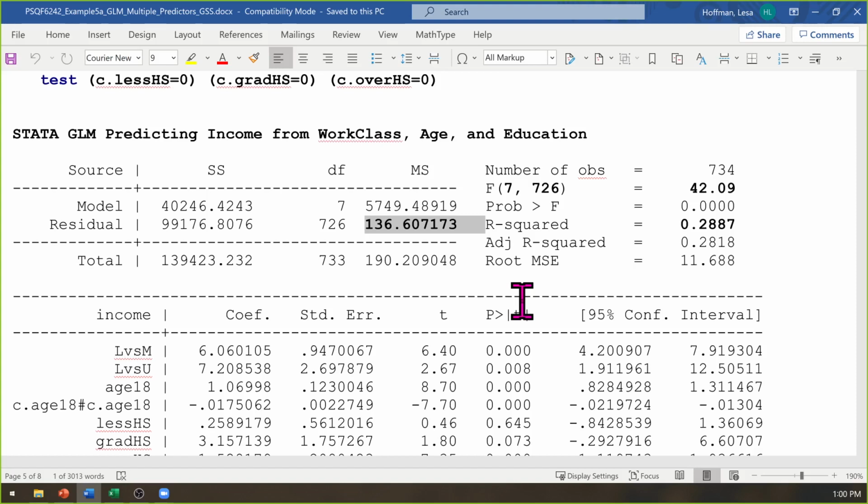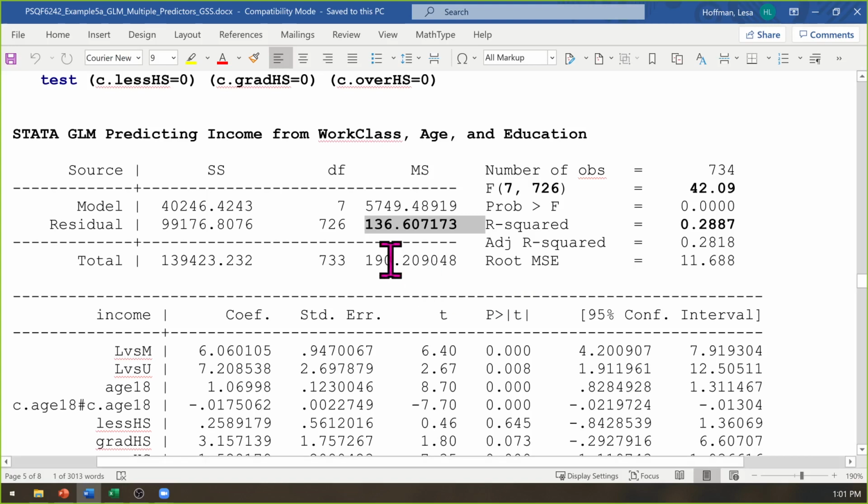Yes, the variance of the E sub I residuals. So the collection of them across people, how much they vary. Conceptually, 136 residual variance, it is how much unexplained variation there is in this outcome. So all the reasons that some people make more money than others that have nothing to do with their age, their self-reported working class, and their education level.